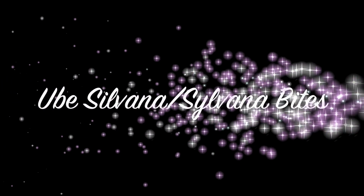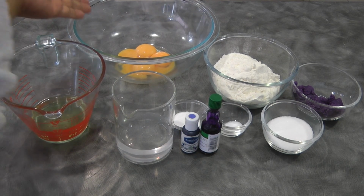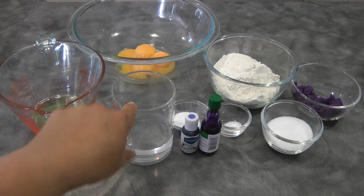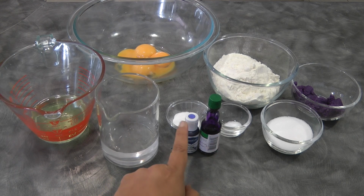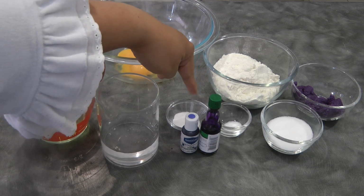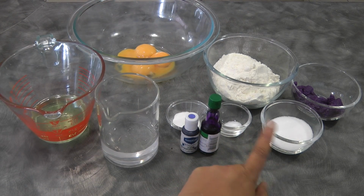Hi guys, today I will be sharing how to make Sylvana or Sylvana Bites. For the ingredients, we need 1/4 cup plus 1 tablespoon of oil, 4 egg yolks, half a cup of water, 3 drops of purple food coloring, 3/4 teaspoon of ube flavoring, 1 and 1/2 teaspoon of baking powder, 1/4 teaspoon of salt,